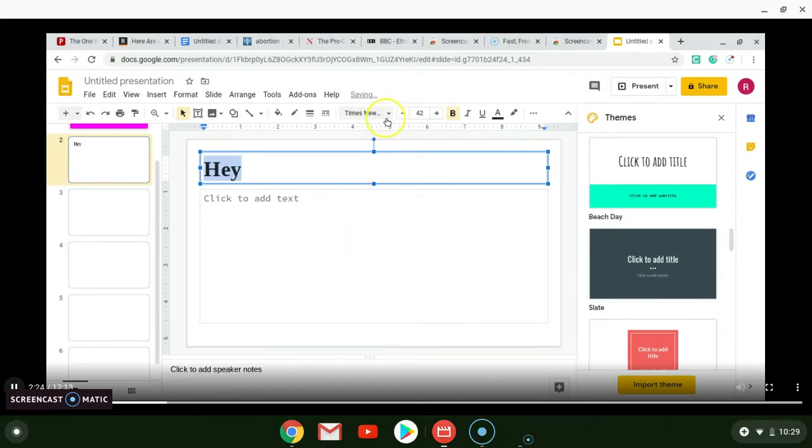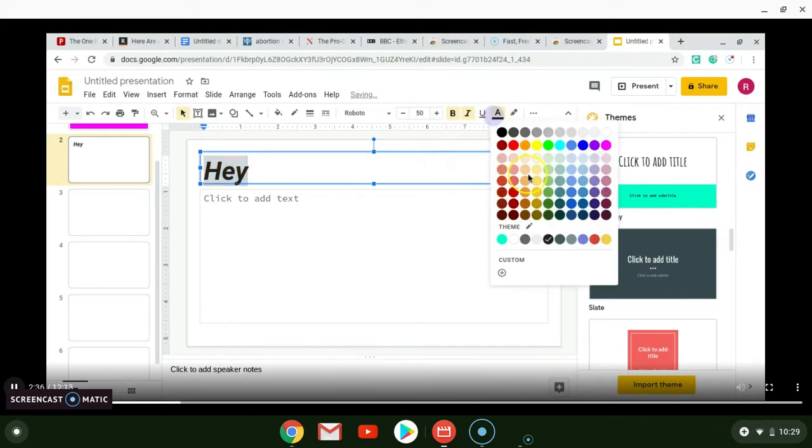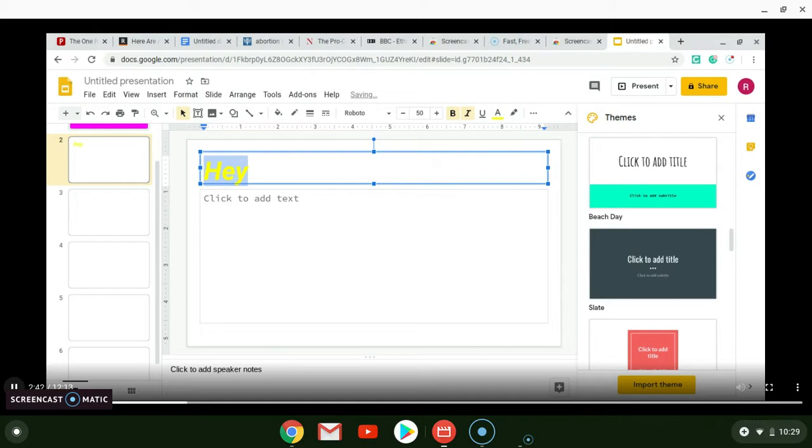So I changed it to Times New Roman, and then Roboto. You also have the option of changing the font size, so I made it bigger. You could make it bold, italic, underline, not underline,